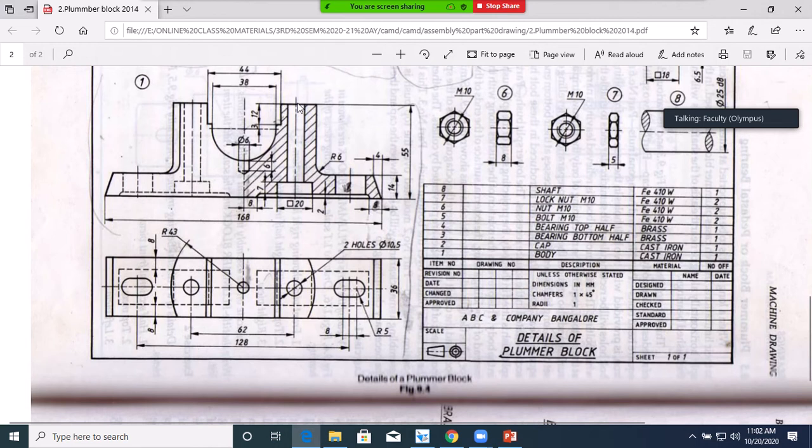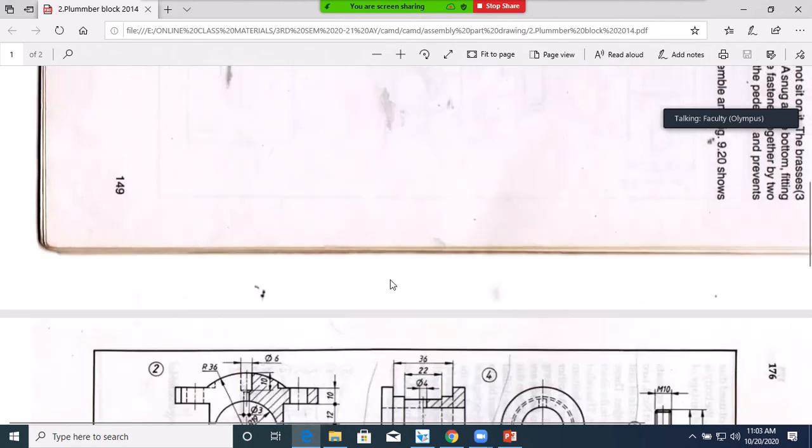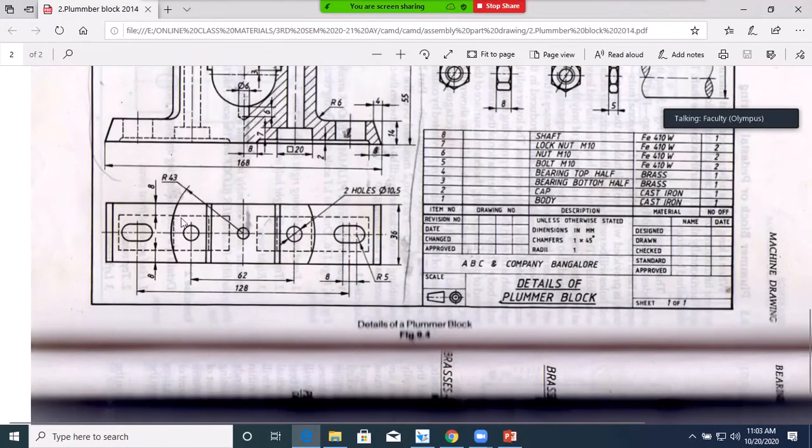Then what is this dimension? What is from here to here? In the top view they have given from here to here it is 22. You can get it in the front view. From here to here, they have given this radius 43. So this is not a flat surface, it is a curved surface. You see in the drawing. From the center to the outside curve the radius is 43.